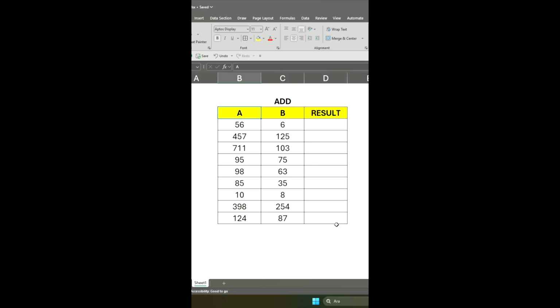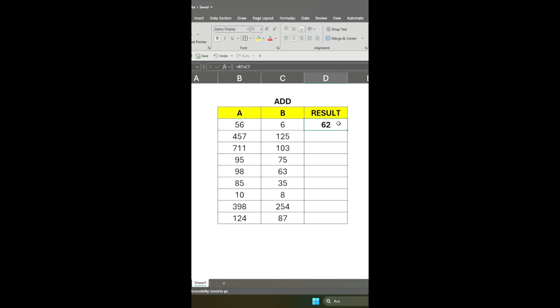In order to add two numbers in Excel, we are coming to the cell that we want to write the formula, and we are typing equal, and we are getting the number that we want to add first, and we are typing plus, which means I will add a number, and finally I will get the cell that I want to add the number, pressing enter, and the result is in front of us.